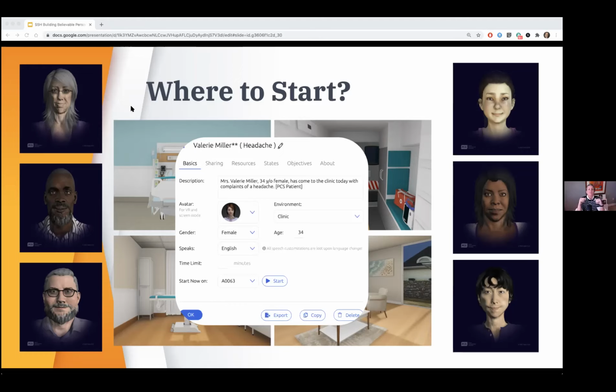Pro tip: if you happen to be a simulation program that has a standardized patient educator, use that SP educator as a resource when building your persona. They're familiar with the clinical interview, they're familiar with training portrayal, they're familiar with healthcare medical education in that same clinical interview. So if you've got one, use one. And they're very creative as well.